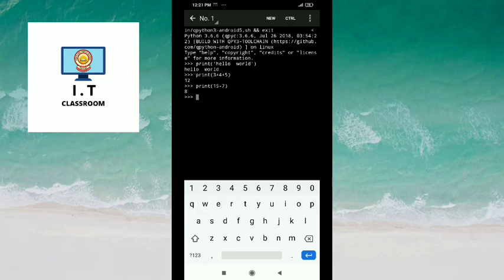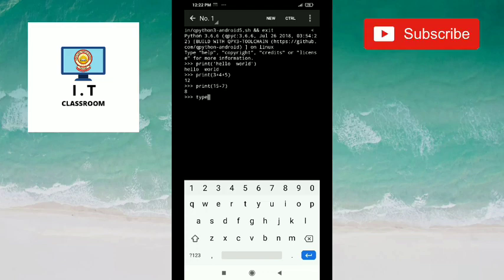So just see carefully here how it is to be done. Like if you want to tell the data type of any number, how it is to be obtained. First, you have to type here type function.